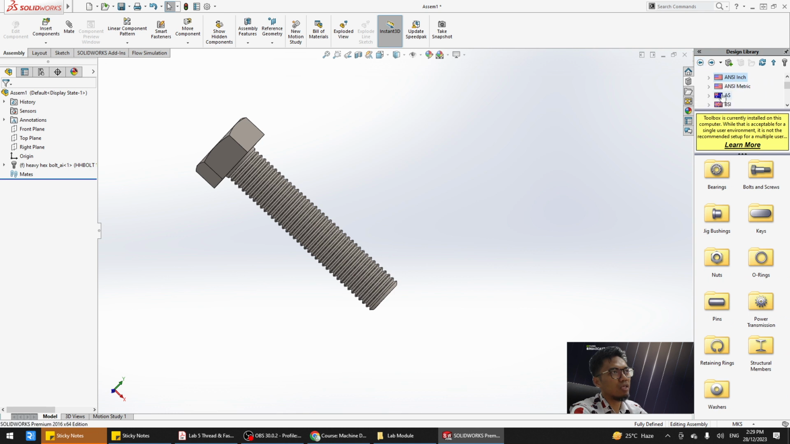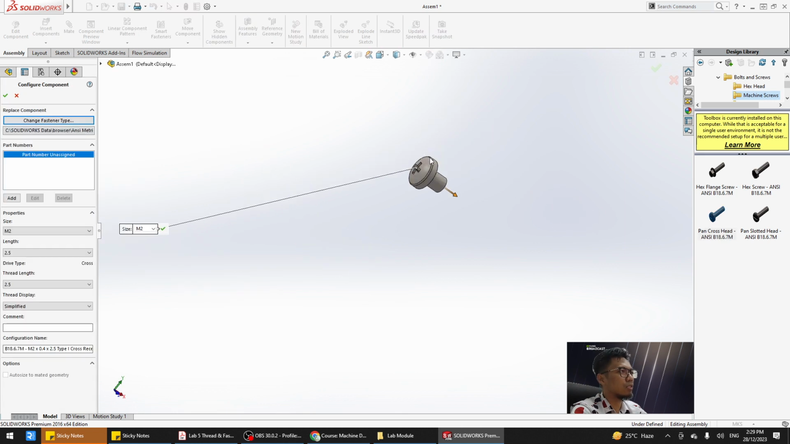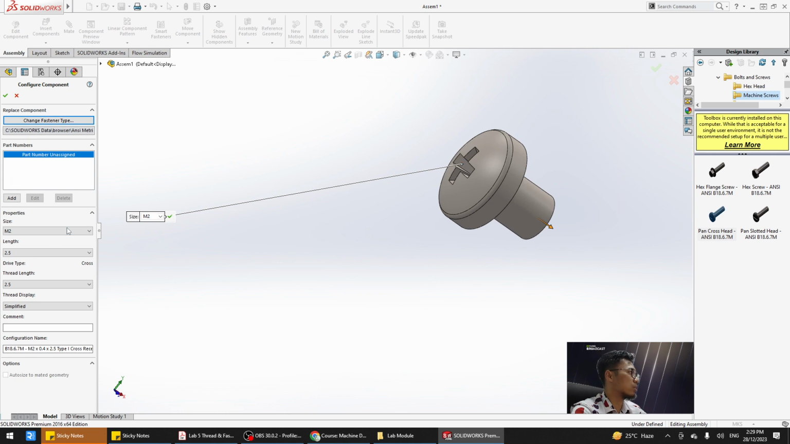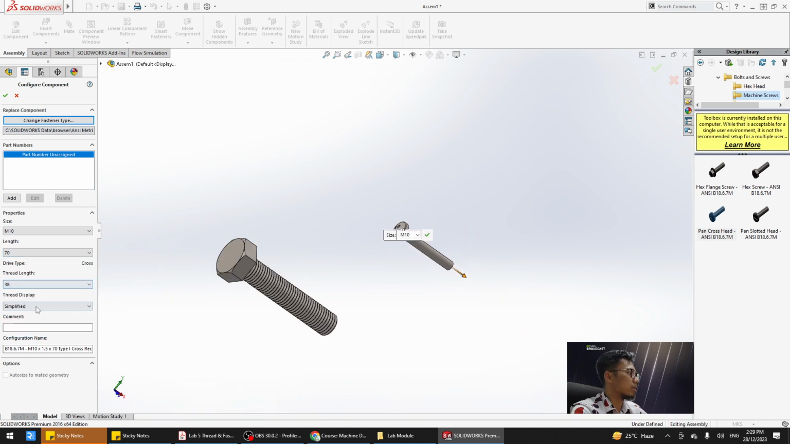Macam ni tadi kita import inches. Sekarang kita nak import metric screw. Import start. Start is nothing there. Kita ambil machine head. Machine screw. Macam ni. Terlalu kecil. Ni machine screw, M2. Saiz kecil M2. Kita ambil M10, besar sikit. Tu M10. Kemudian length dia berapa panjang? 35, 70. Macam tu. Kemudian ni thread display ni hanya